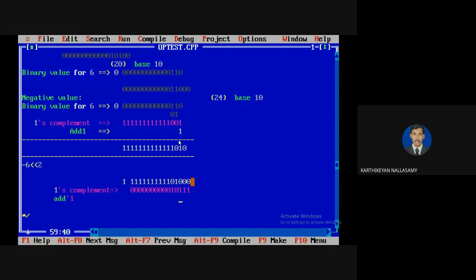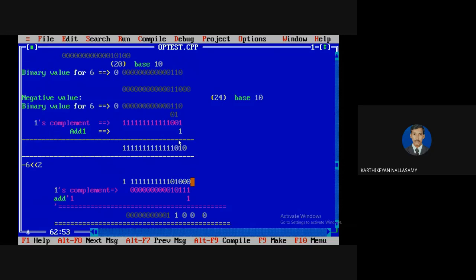So I'm going to add 1 here. If you are adding 1 and 0, the carry will be forwarded again, 0, the carry will be forwarded again, 0, again 1, sorry, 1 plus 0 is 1, and again it is 1. So the remaining are 0. So 5 digits. So this is the value. Then again you have to convert it into the equivalent decimal number representation.